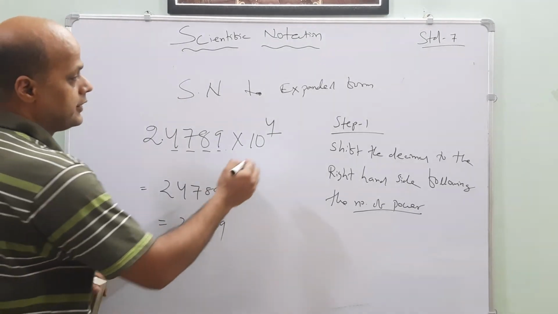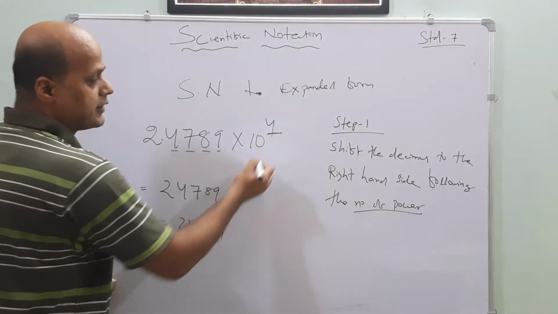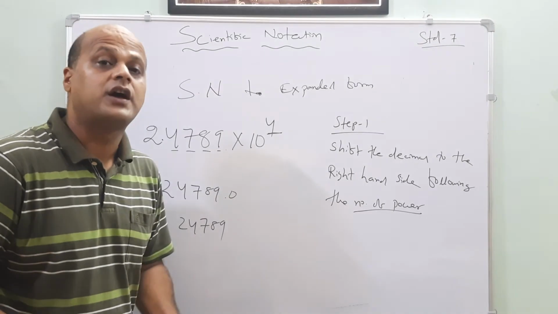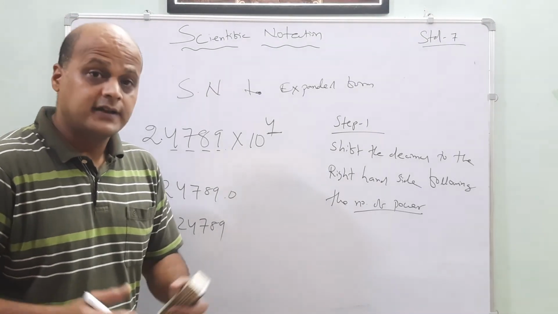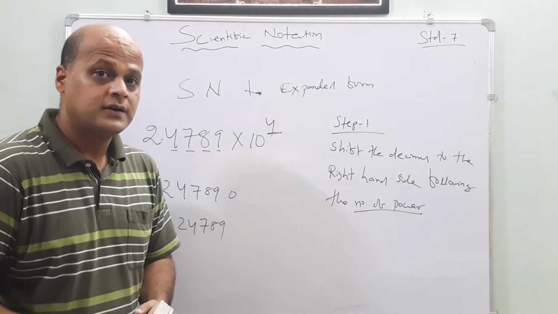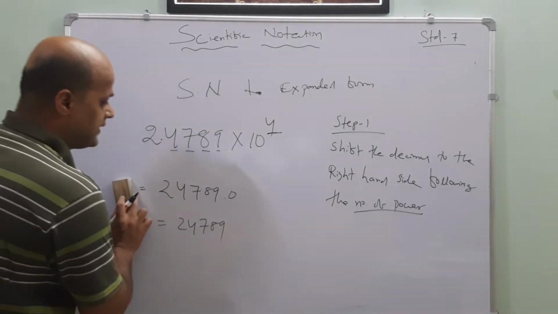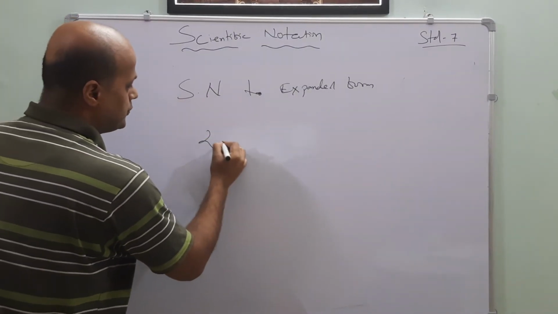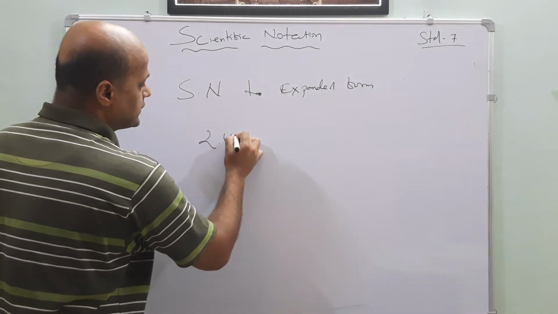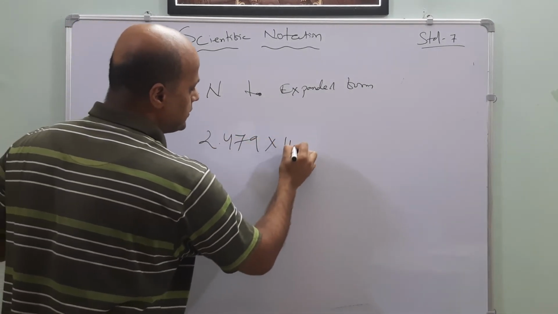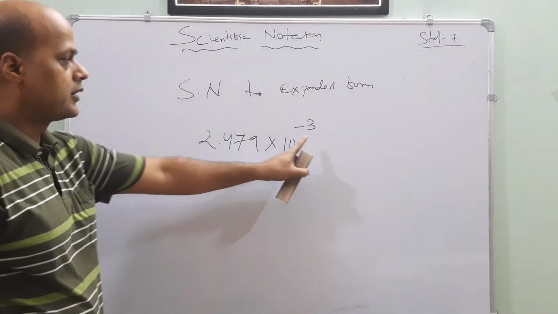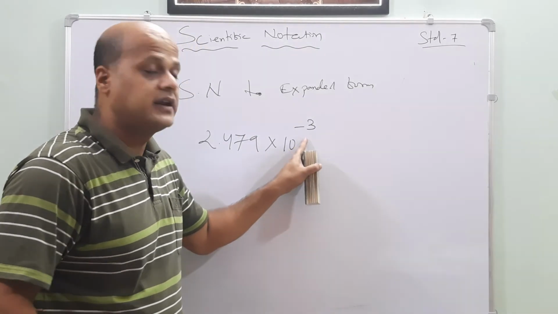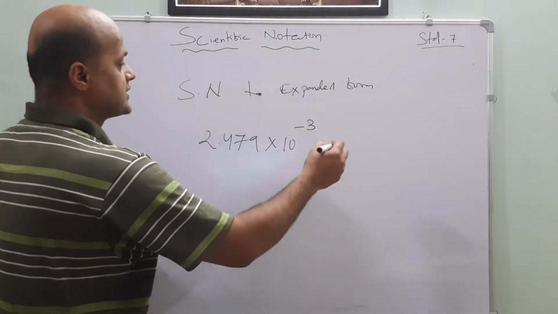Now remember, my dear friends, the power is either a positive integer or a negative integer. If a negative integer is given, then how will you write it? Let's see. Now a number is given: 2.479 into 10 to the power minus 3. Now in the power, what sign is there? Minus. Means in power a negative integer is there. Yes or no? So the step is